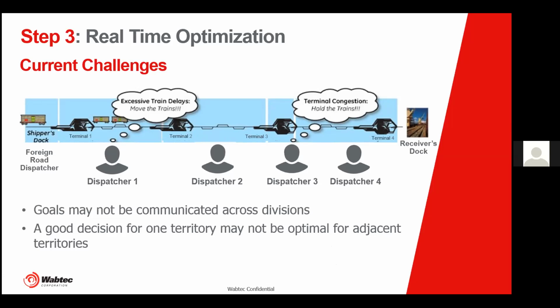So it's these sorts of real-time problems that we need to be able to solve by first having that first stage, which is a good plan that you can actually execute through all the meets and passes. 2, having visibility across all the different actors to one another. And then 3, being able to actually optimize it when there's exceptions. So if you go to the next slide,